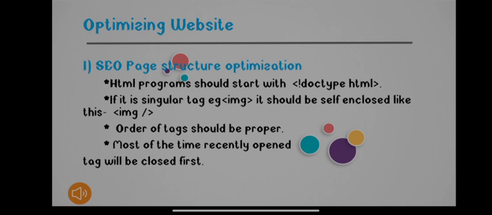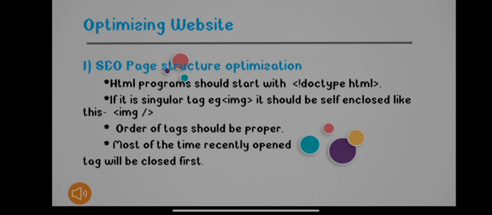Whatever content we place within the tag should always be placed between the opening and closing tags. So it is compulsory that you include both tags, open and close. For example, if I am using an image tag, I will use the attributes of the image tag, and then make sure that I am using the closing image tag.